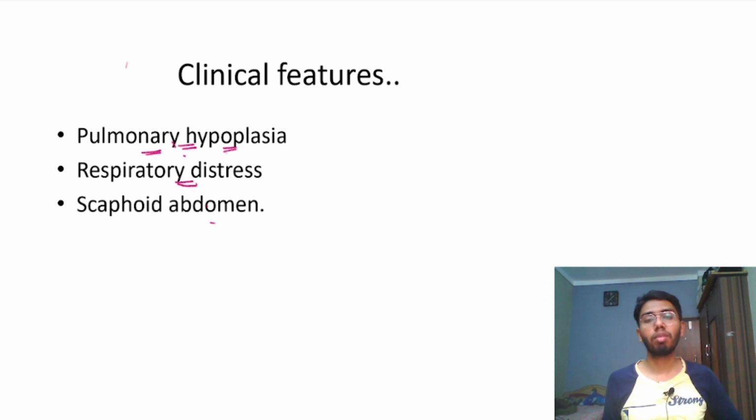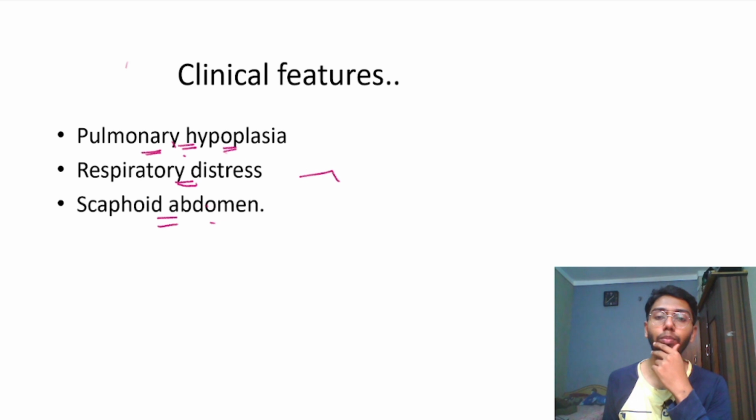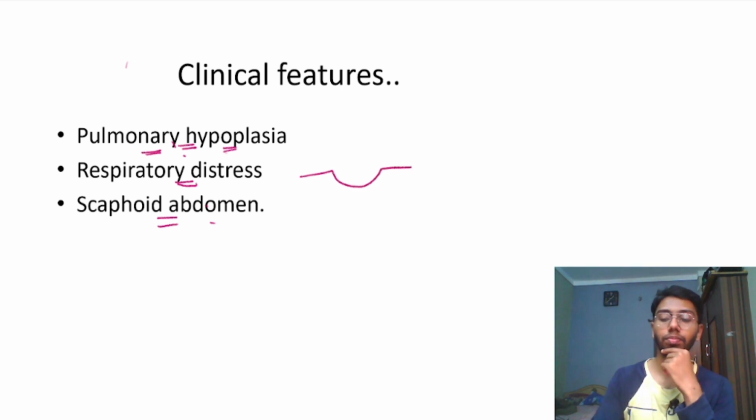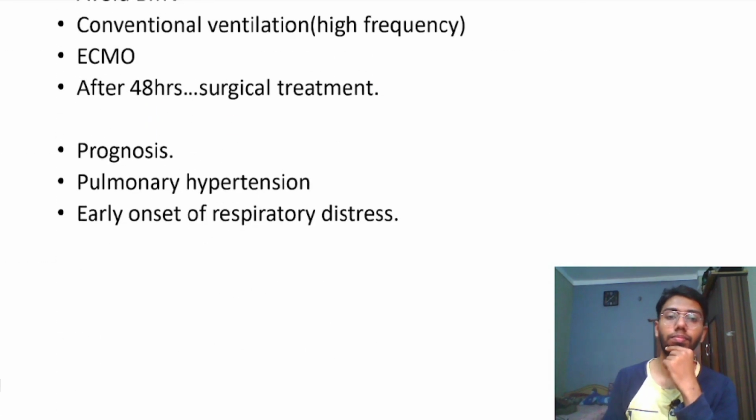Clinical feature, respiratory distress. All the bowel loops are present in the thoracic cavity, so there will be nothing present in the abdominal cavity, so you can see a boat shaped abdomen. That is what is scaphoid abdomen. The abdomen will be very sunken in CDH. Coming to the management,